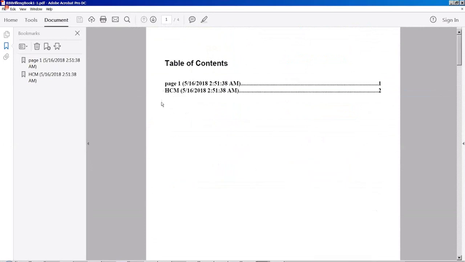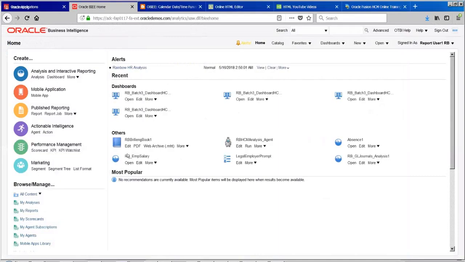So I can keep adding a PDF, a BA report, or an analysis, or a dashboard page, or anything. I can keep adding to my briefing book, and I will keep the briefing book with me. Basically, it doesn't schedule, nothing like that. Whenever you want to update anyone about anything, you will just take this briefing book, click on the PDF, and